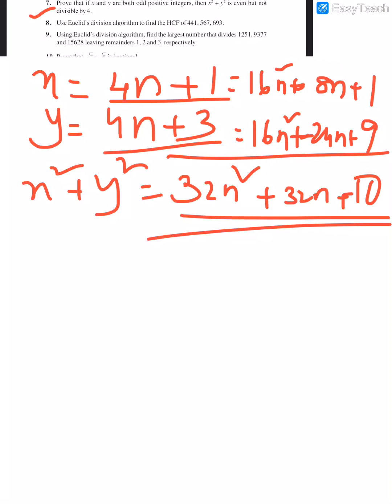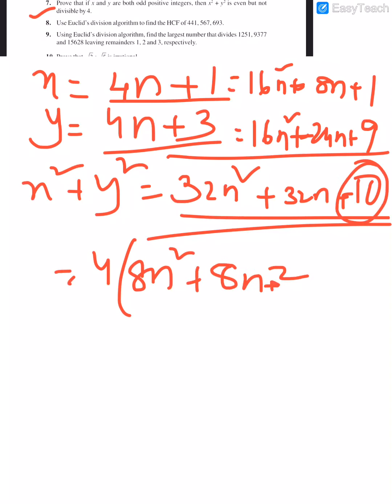No, this is not divisible by 4, because if you divide it by 4, 4 8s are 32, and out of this 10, 4 2s are 8 comes, and what is left? Remainder 2. So it is not divisible by 4, it leaves the remainder 2. That's what we write. And coming to the next question, using Euclid's division lemma, this you have done, but here